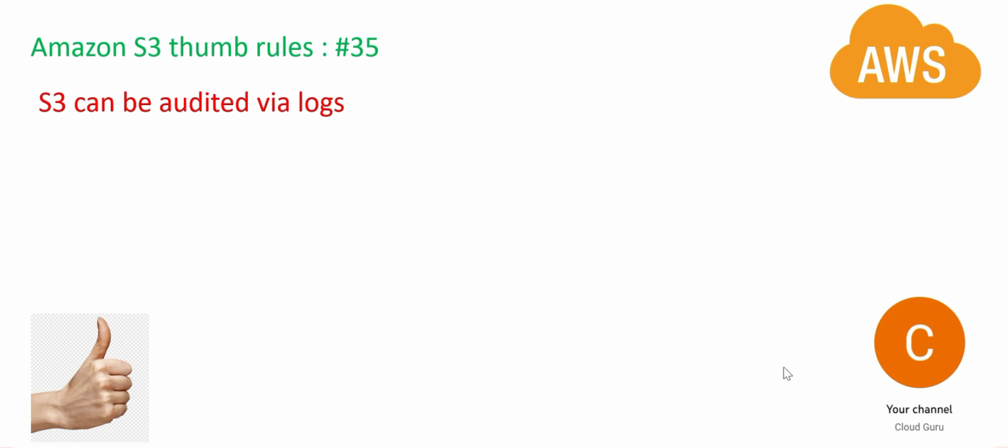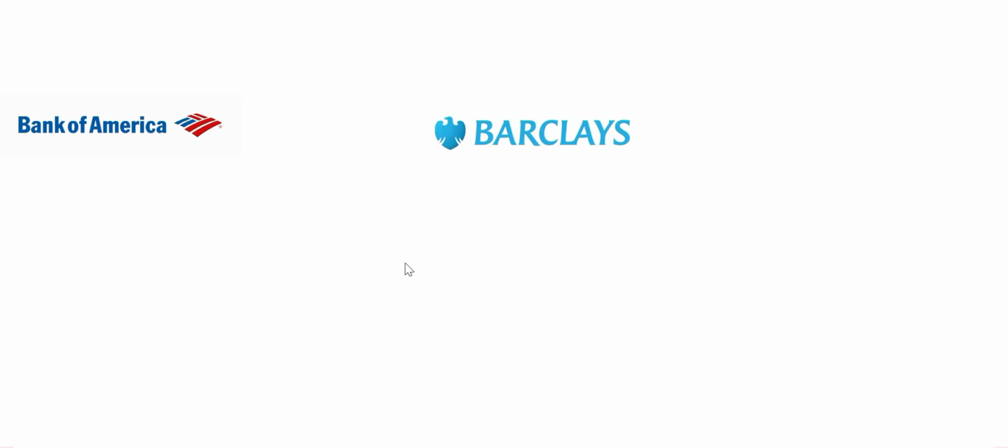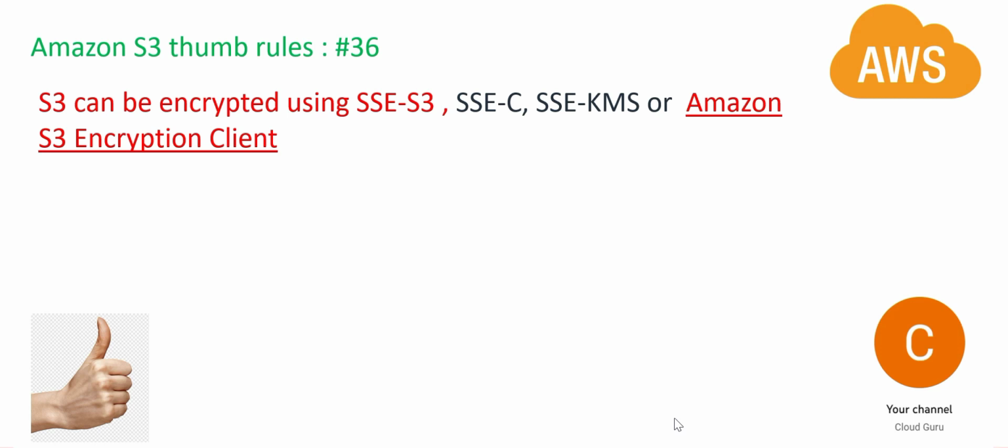Now if you consider banking applications like Bank of America, Barclays, in India ICICI, SBI, HDFC, and so on, what is unique about banking applications is that data has to be absolutely secured. There are extra security measures taken by these banks to keep your data secure, because these are all financial transactions. There are penalties if hacks happen on these banking applications. Hence, since there are such stringent security protocols to be followed, S3 provides you encryption mechanisms. You have different ways you can encrypt the files or objects stored in S3. These are the different ways.